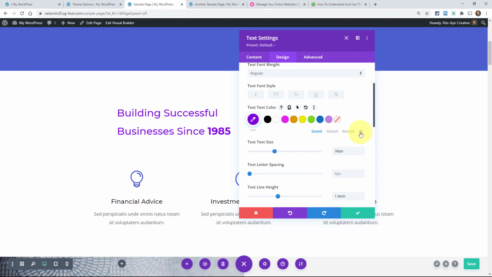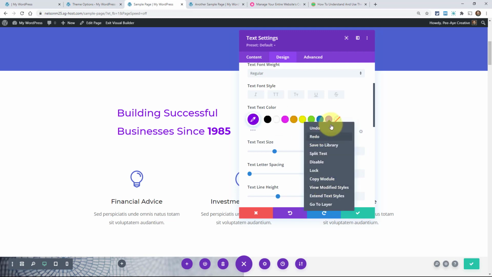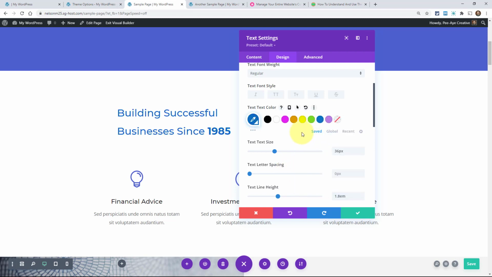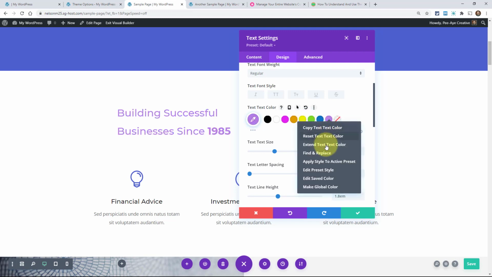But this way I can do them all at once if I wanted to. But I forgot to mention, if I right click, right there, edit saved color. So think of that before. Now, there's this other option, make global color. Let's say I want to make this purple color into a global color. I want to add this to my global ones, right? So if I say make global color right here,